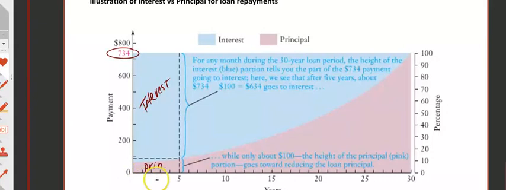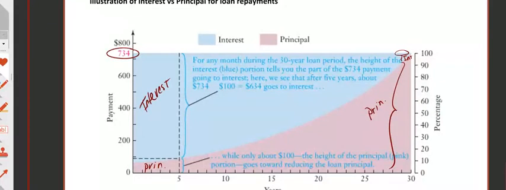Now, as the years go on in the term of that loan, notice how it flip-flops here at the end. You're still paying $734, but at the end, the majority of your payment goes towards principal. Just the tiniest bit up here goes towards interest. That's a good thing to know,